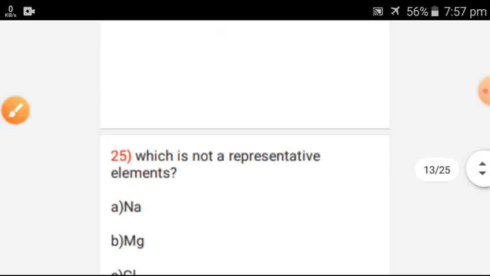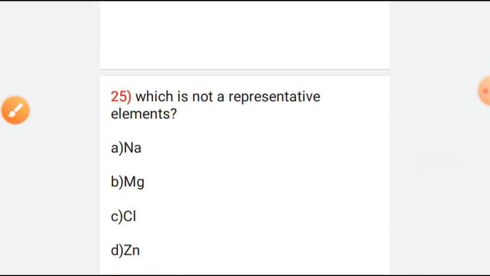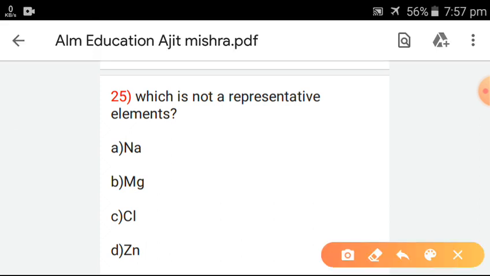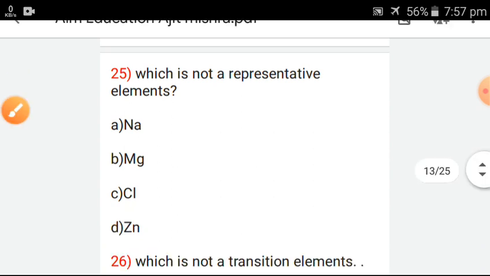Next question, which is not a representative element? In the given options, which is not a representative element? Option A, sodium, B, magnesium, C, chlorine, and option D, zinc. The answer will be option D. Representative elements are the elements that lie in groups 1, 2, 13, 14, 15, 16 and 17. In the given options, sodium, magnesium and chlorine are representative elements, but zinc is not a representative